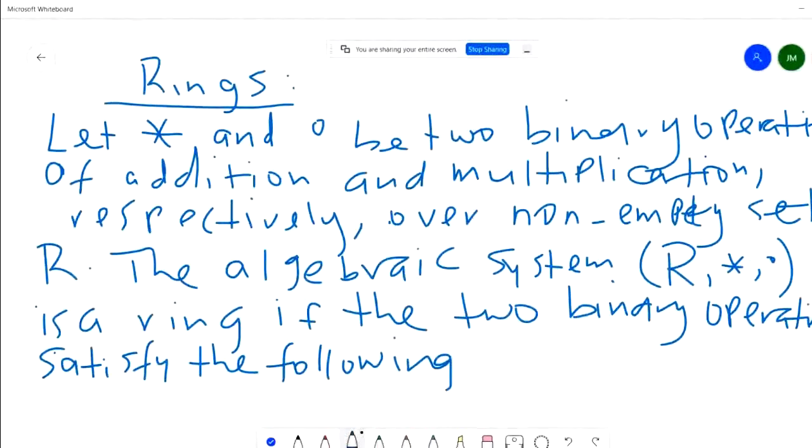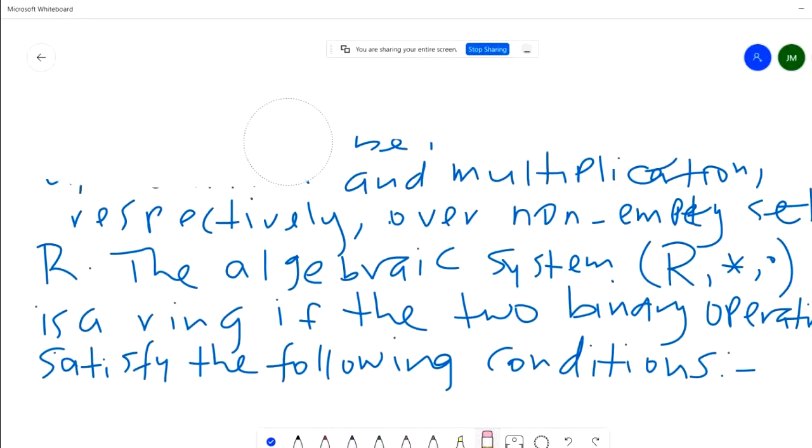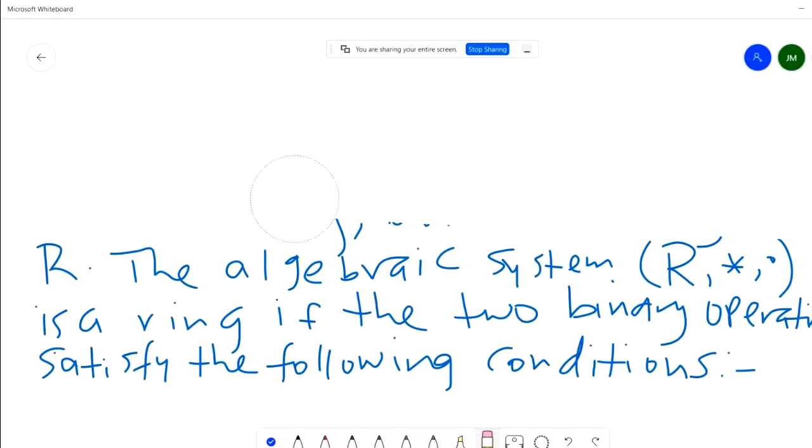And the conditions, there are several of them. So condition number one, I can continue up here. The first condition of a ring,